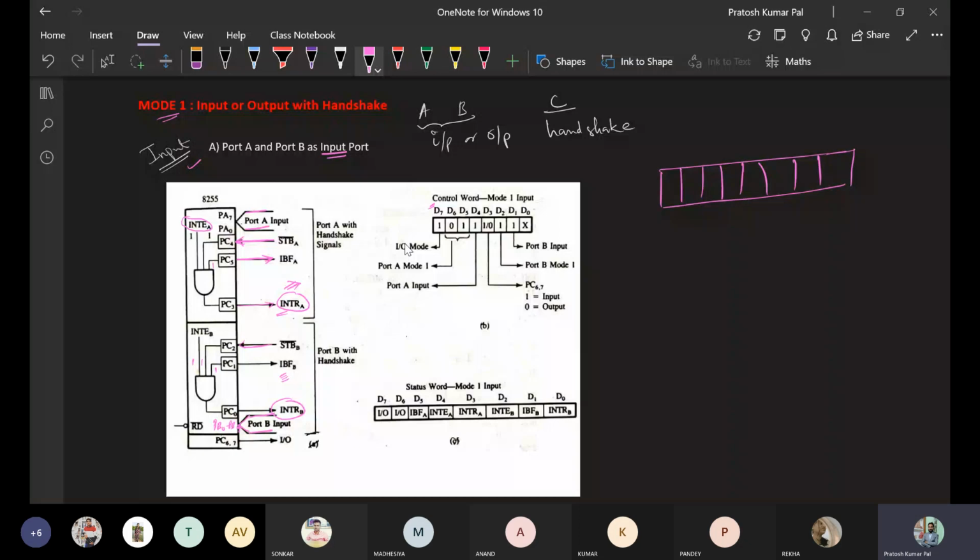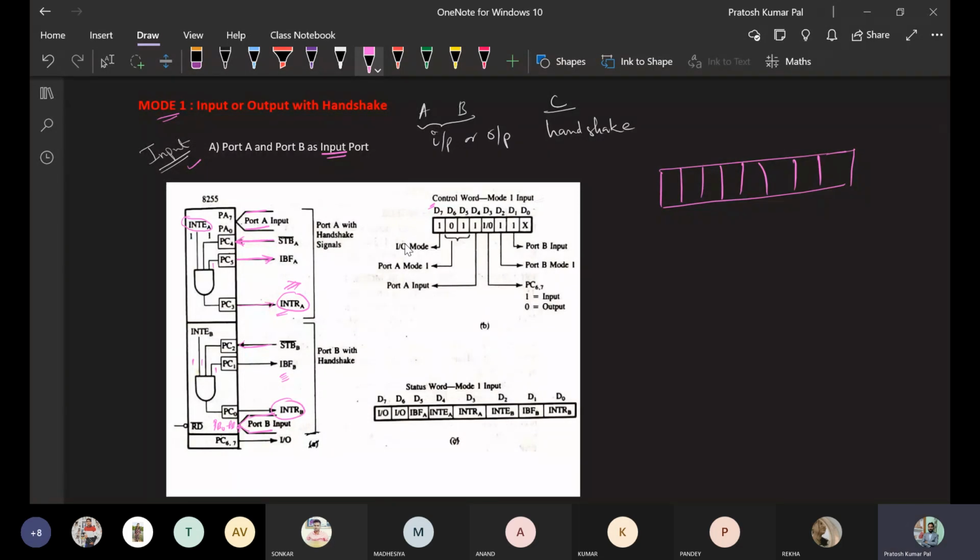One thing we can note is that interrupt request B is connected to port C0, PC0, and IBF B is connected to PC1 and PC2, and these are the lower pins of port C. So the lower pins of port C work as handshake signals for port B.